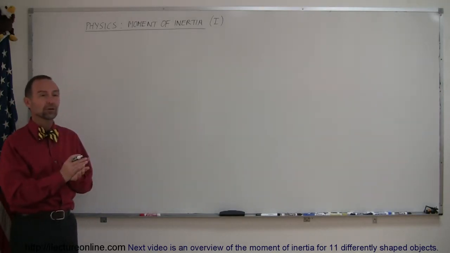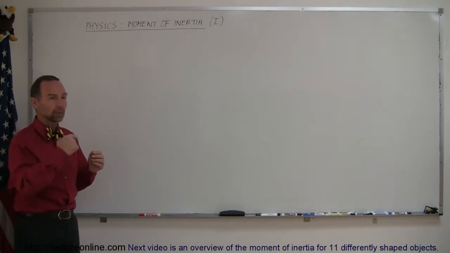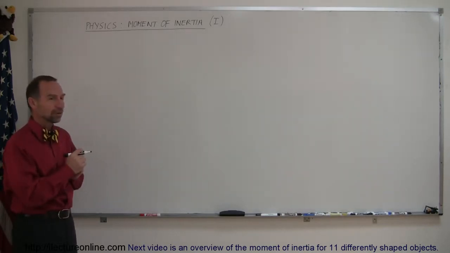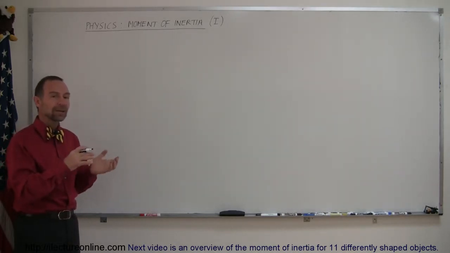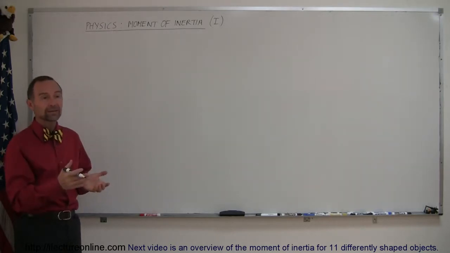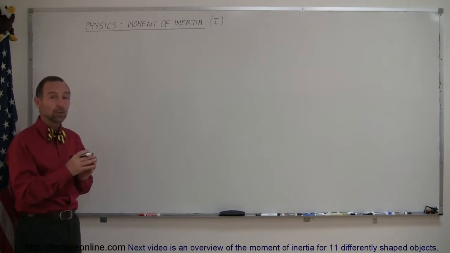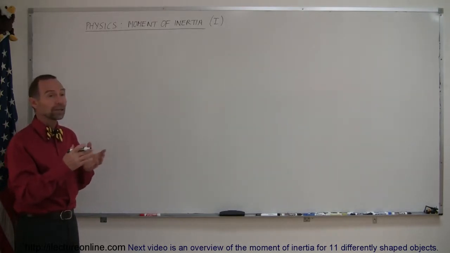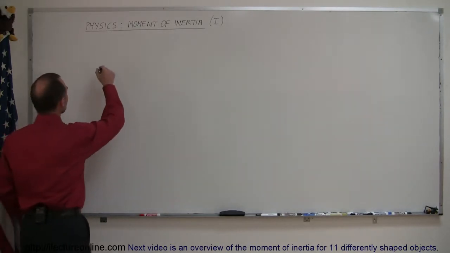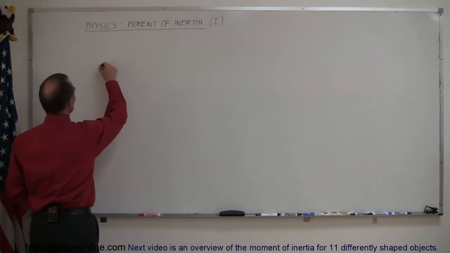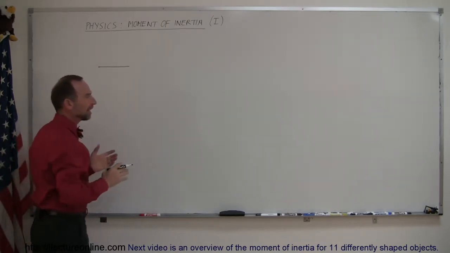Well, the moment of inertia has to do with things that are rotating. We're dealing with rotational motion here. And what makes an object more difficult to rotate? So there it becomes not just a function of its mass, but also where that mass is located, where it's oriented. So for example, if we have, let's say, a small thin bar, let's say that it's so thin that